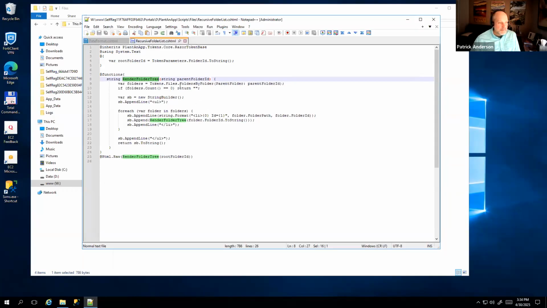So then, creating a variable within my function, which is taking the parent folder ID that's being passed in, and calling the folders by folder token with the parent folder parent. That's the variable that we're establishing there that's being passed in from here. So if the folders.count is 0, we're just going to return nothing. And then continuing, we're going to establish a new variable called SB, and this is going to be a